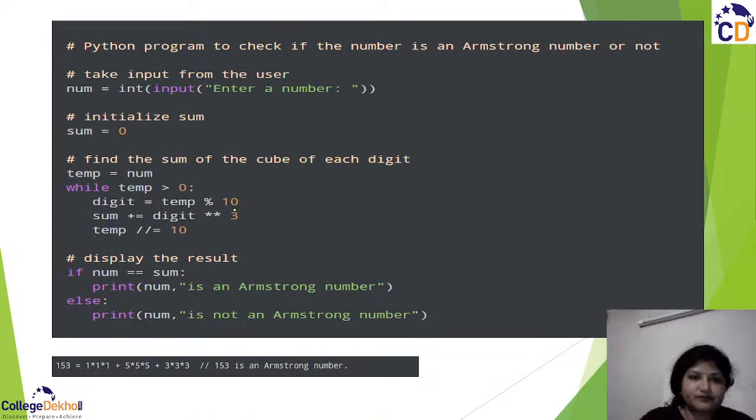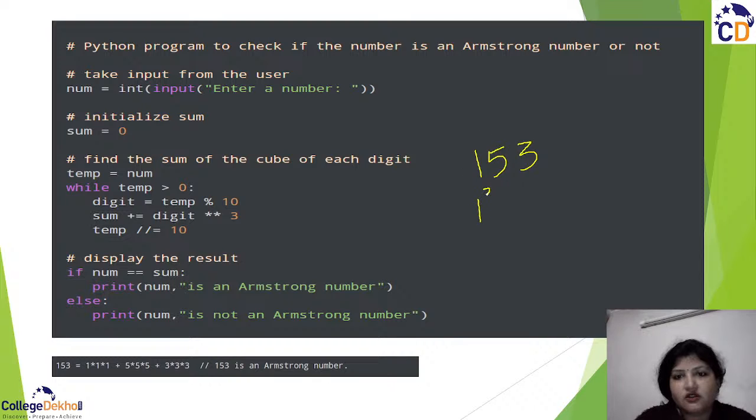Let us have one more program, very important, and most people get confused about how to perform the calculation for an Armstrong number. So what is an Armstrong number? An Armstrong number is when you have, like, 1, 5, 3, right? When you make the cube of each digit and you add the cubes of these three digits,